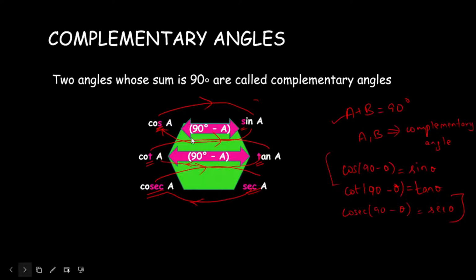Problem number 1. Evaluate sine 18 degrees by cos 72 degrees. These are 1 mark type questions, and you have to solve this type of question in a fraction of seconds. I will take some time to explain this problem, and after the explanation I will give the trick to solve it easily.